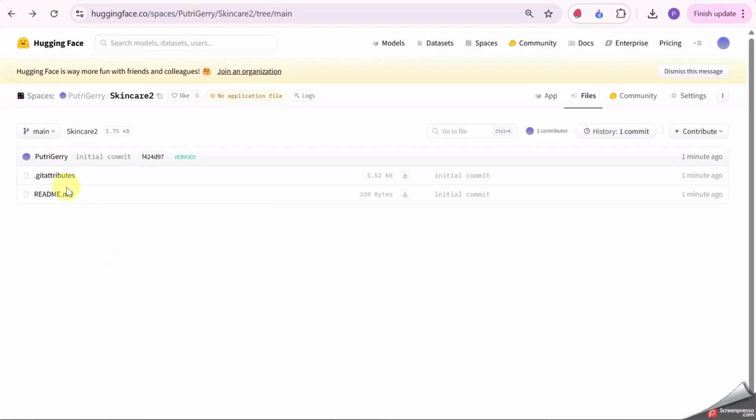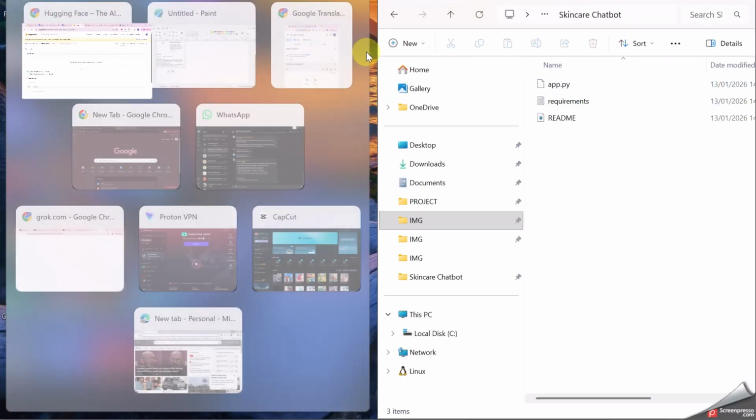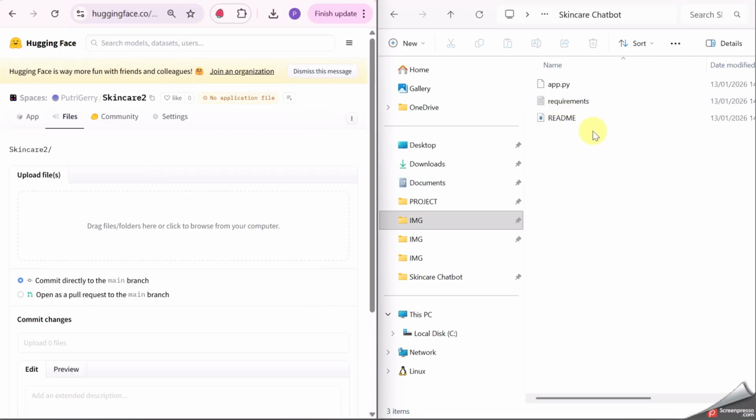Here is the readme, the default readme from the spaces. Next we can change the readme. Okay, we gonna upload the files through the contribute menu, contribute and upload files. Here we can directly drag and drop files or folder. To do it, we just need to open our file folder and then select it, and we can directly select a few files, some files.